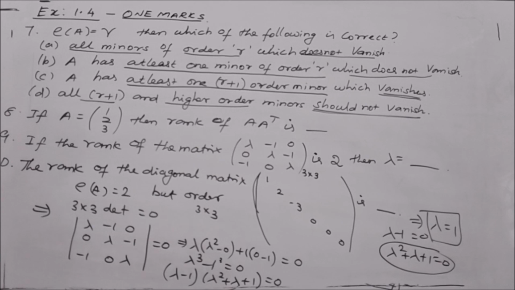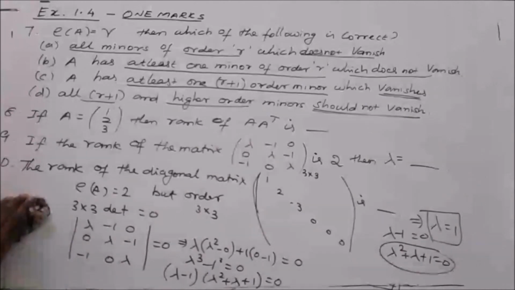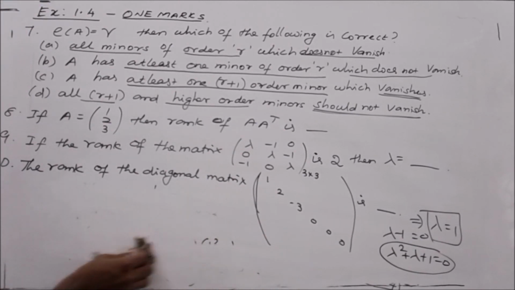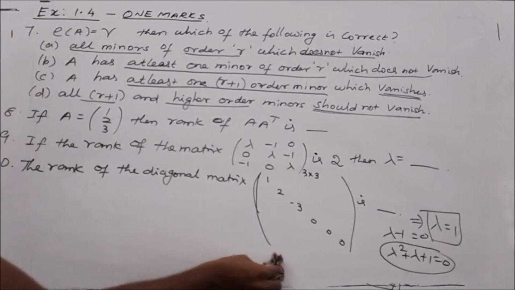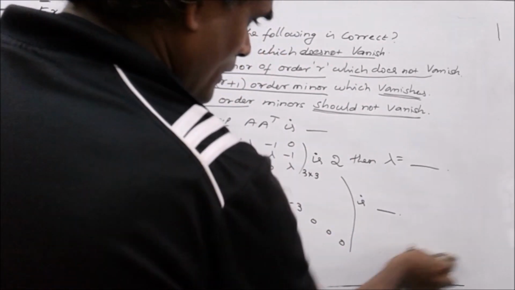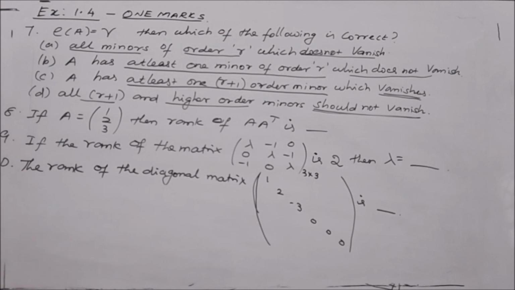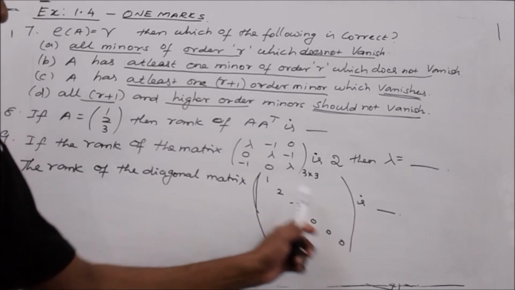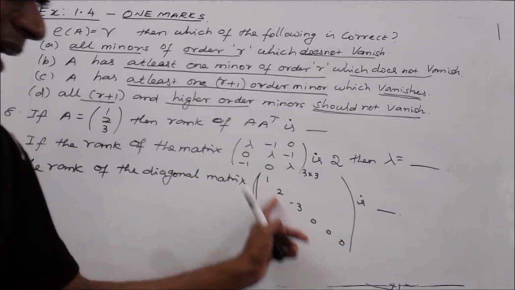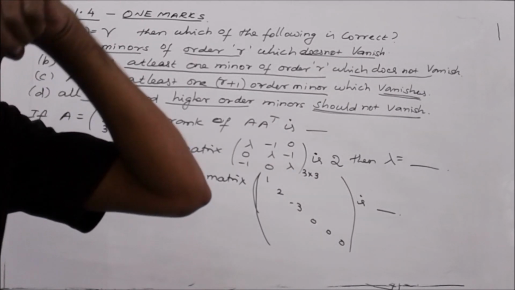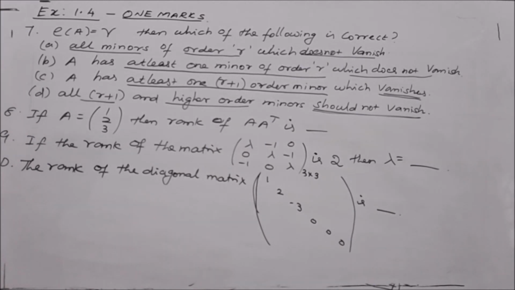Now, next we are moving to the 10th question. That is very easy. Within a fraction of a second, we can conclude its rank. Can you guess how? Diagonal matrix. What does diagonal matrix mean? Except the leading diagonal, all the other elements are 0. Only diagonal values will appear, and any one of the diagonal values is non-zero. All the other entries are 0. Then it is known as a diagonal matrix.